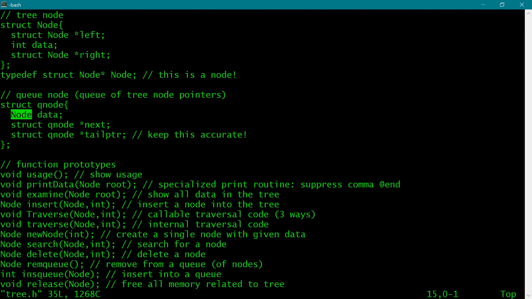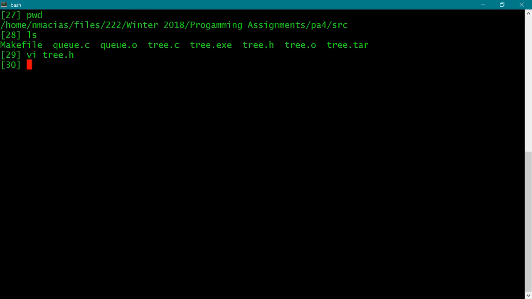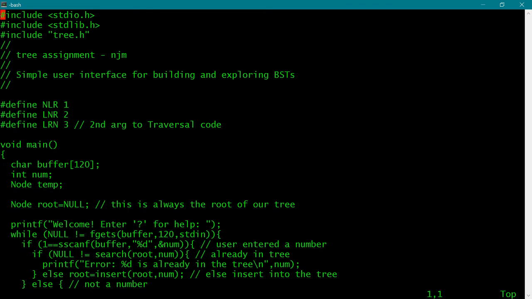So the usual next and tail pointer. And then just a mass of function prototypes, which I put in just for you because I want you to do them too. All right, so